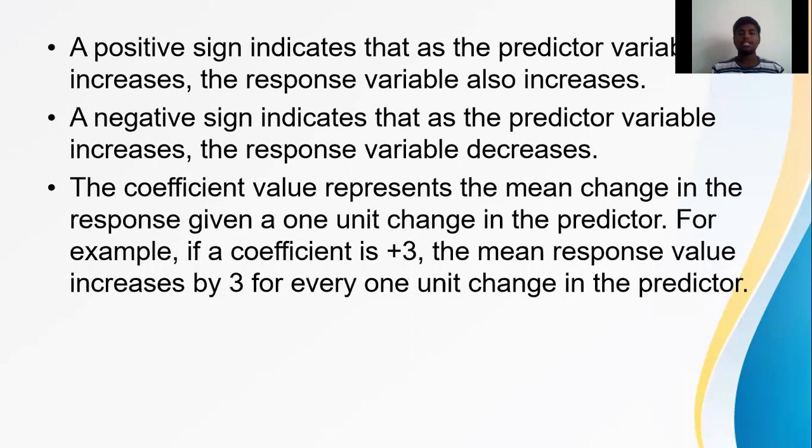A positive sign indicates that as the predictor variable increases, the response variable also increases. A negative sign indicates that as the predictor variable increases, the response variable decreases. The coefficient value represents the mean change in the response given a one unit change in the predictor. For example, if the coefficient is plus 3, the mean response value increases by 3 for every 1 unit change